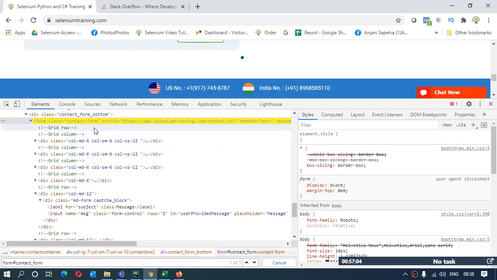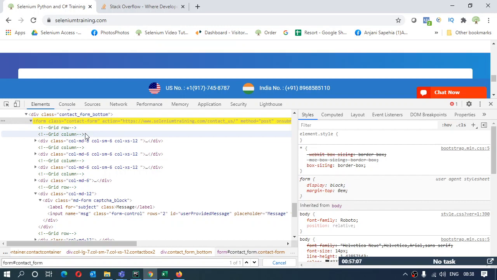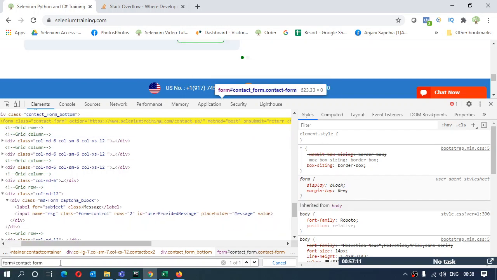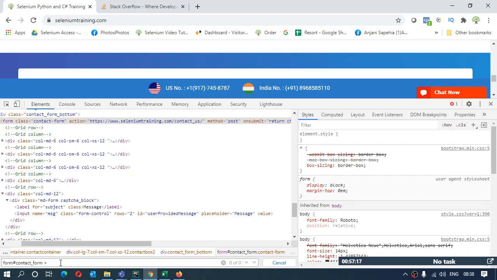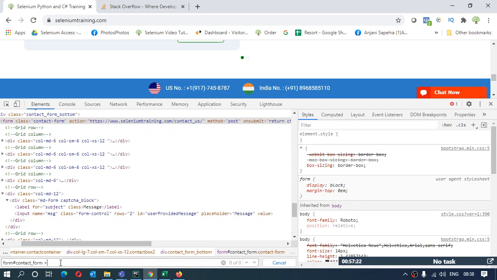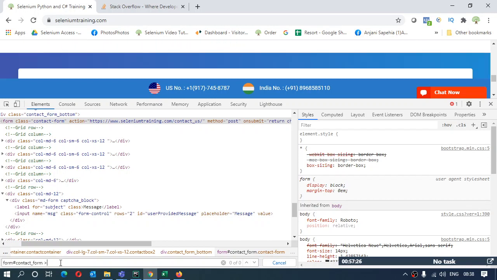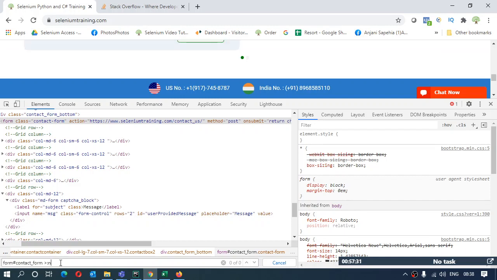My cursor is here. To move further in the hierarchy, in XPath we used to use the forward slash, but here we are going to use this colon, and then I have to specify which element to go to. So I'll say nth child. Now what is this nth child?